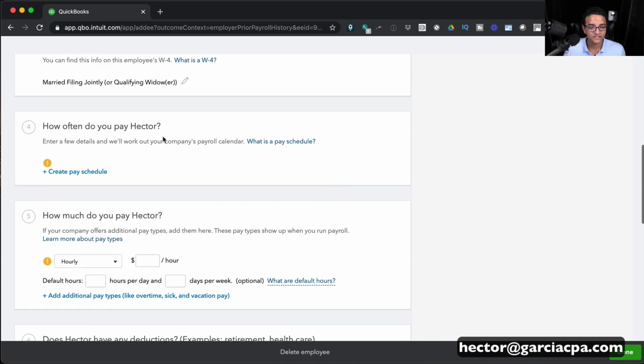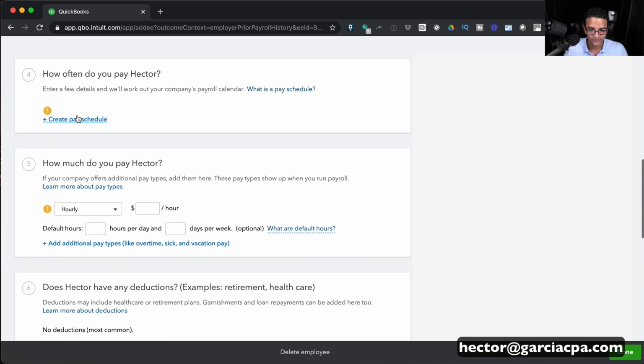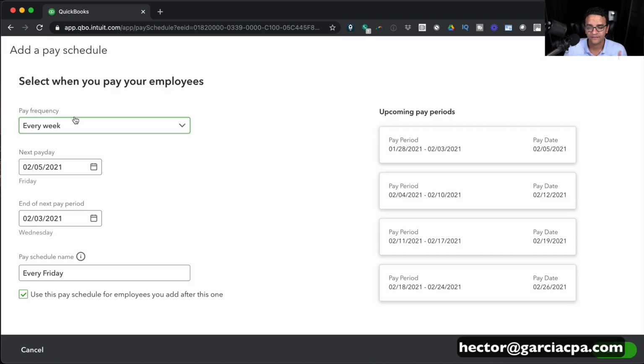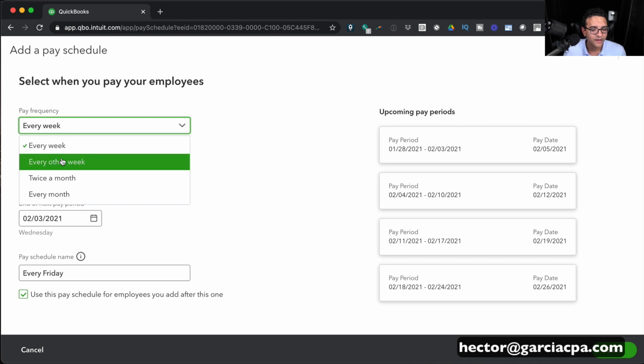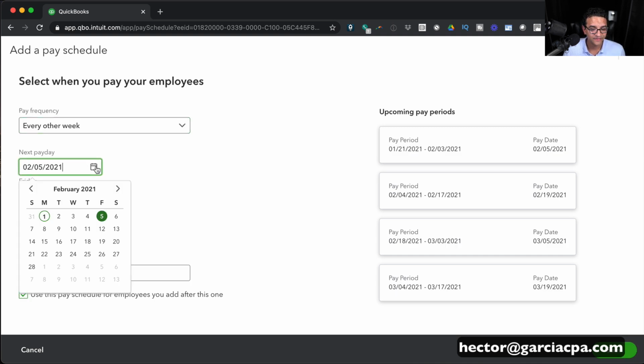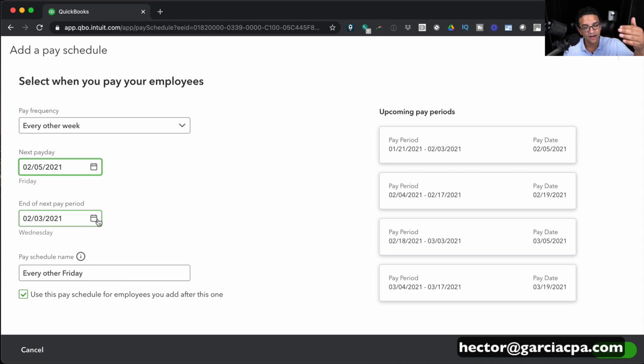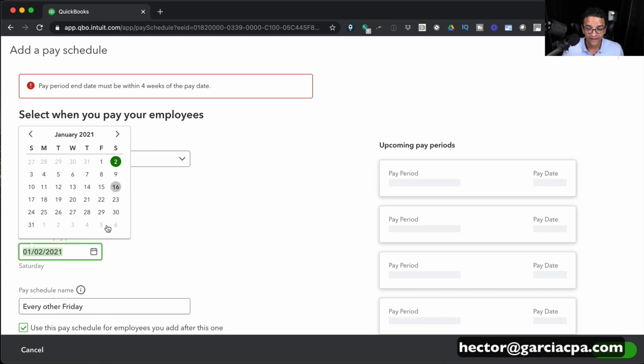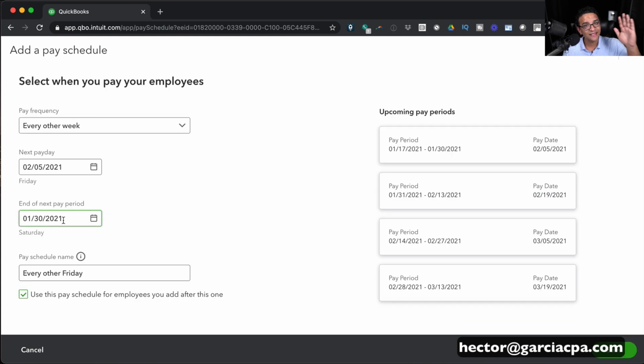Then I'm going to scroll down, see what else we got. We have how often we pay Hector, which in this case would be the payment schedule. So I'm going to click on create payment schedule right there, and I have to create a brand new payment schedule, and I can add multiple employees into the schedule. So let's say we pay him every other week, and the next pay date is February 5th, but then the pay period, which is up to what point we measure time to be able to pay them on the 5th, let's say is the previous week. So on Friday the 30th is actually the last week in which we measure time